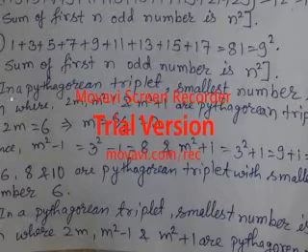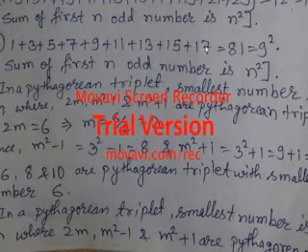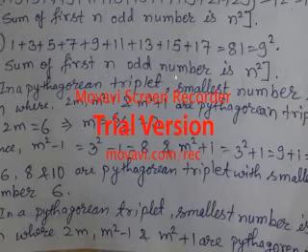So it has been written 1 plus 3 plus 5 plus 7 plus 9 plus 11 plus 13 plus 15 plus 17. I wrote only up to 17. Why? Because up to here only 9 numbers became. You count: 1, 2, 3, 4, 5, 6, 7, 8, 9. So whenever the odd numbers become 9, there you have to stop. And you have to write continuous odd numbers. You don't have to miss any numbers anywhere. Whatever odd number comes next, that you have to write. So it becomes 81. Why 81? Because it is 9 odd numbers, so 9 square is 81. Here also I have written the reason, that is, the sum of the first n odd numbers is n square.